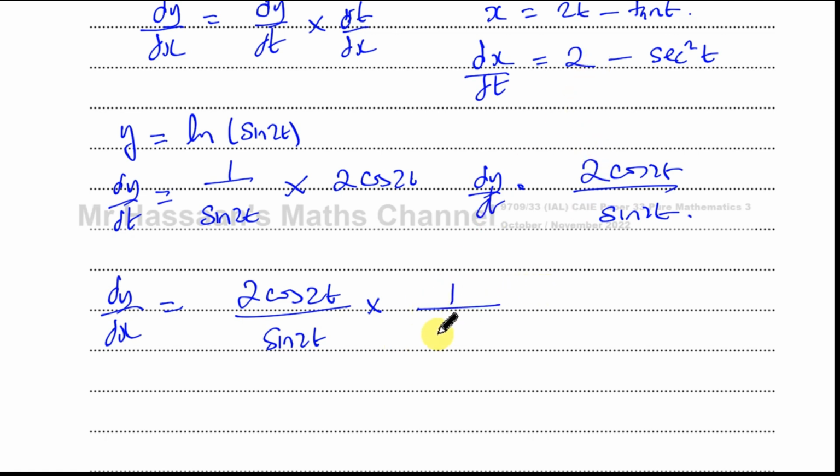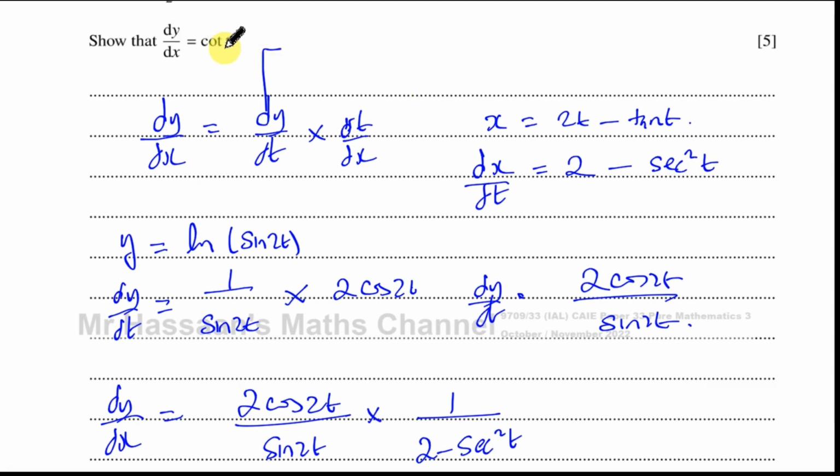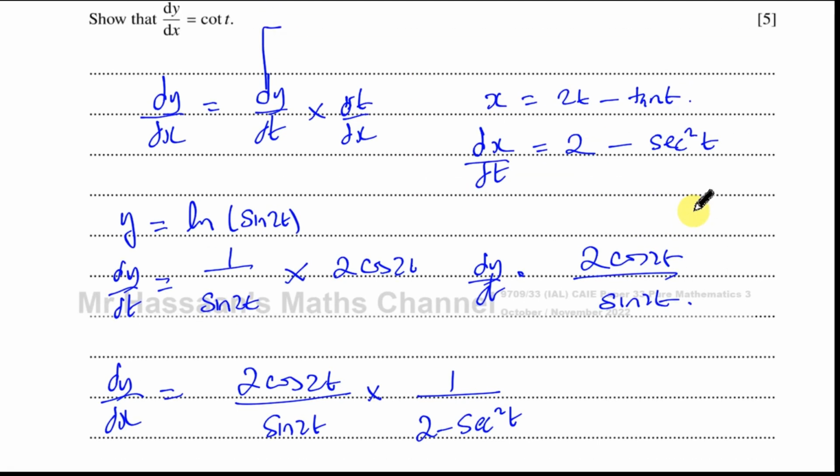So 1 over 2 minus secant squared t. Okay, so now we need to try to simplify this and make it look like cot of t, which is a single angle. Because our objective now is to make this look like cotangent of t, which is a single angle,